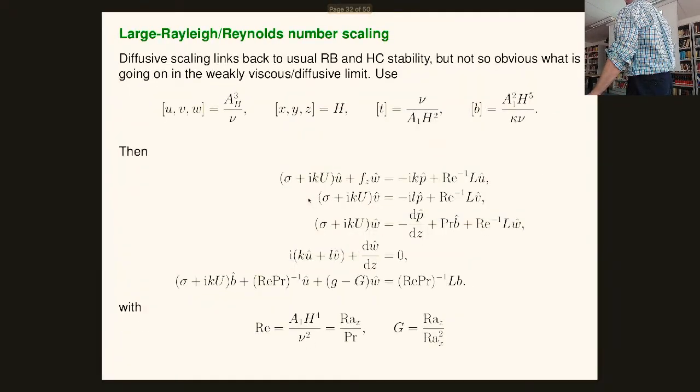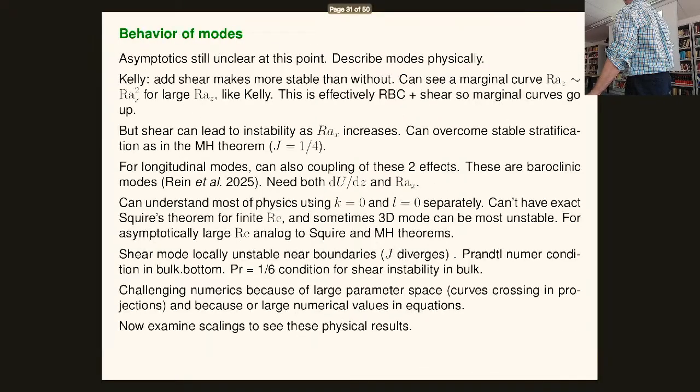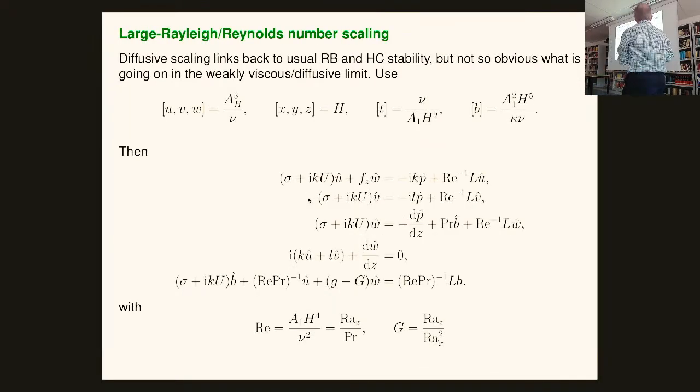This is just talking. I'm going to skip that. Well, I'm going to talk very briefly. So one thing you can do is you can say, okay, what if I try and rescale this? It turns out the scaling we used is not very convenient to think about these families of modes. Large Rayleigh number, that's the correct scaling in terms of a Reynolds number, in terms of a ratio of Rayleigh numbers. This is typical, as I said before, Ra_z over Ra_x squared.